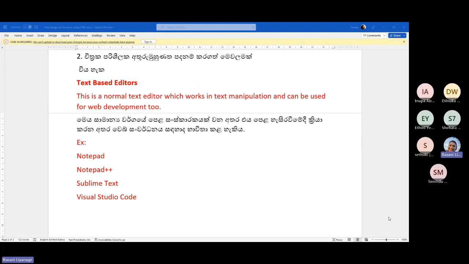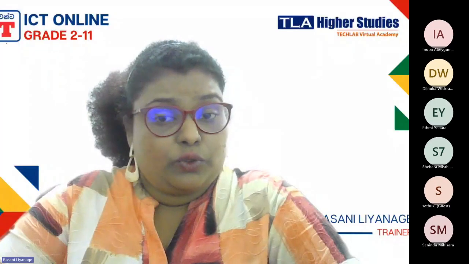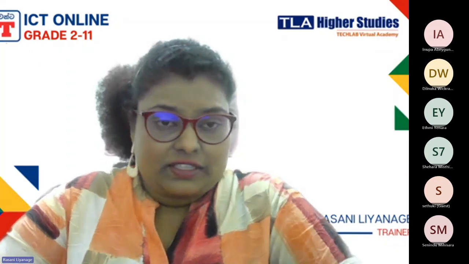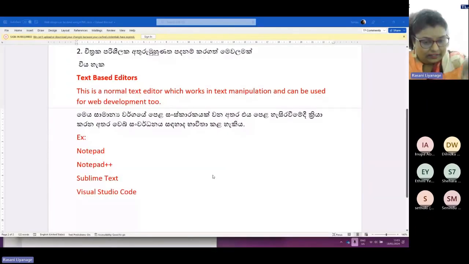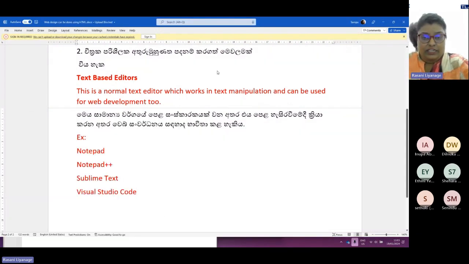All right. So you're done with that. Now, what did we say? These text-based editors, we use these editors to type the things, text. Here you can see this is Word.